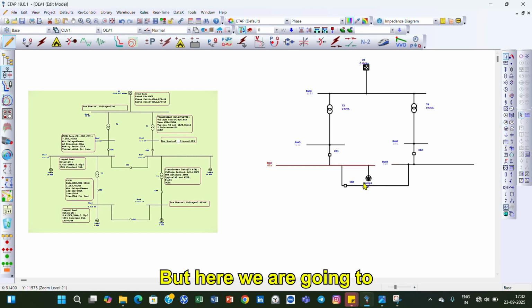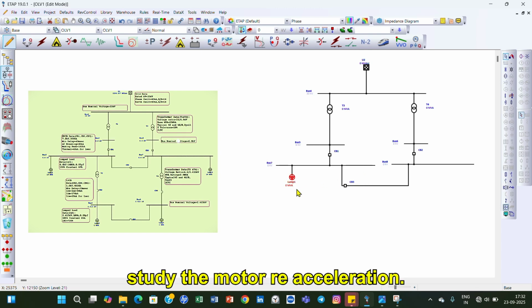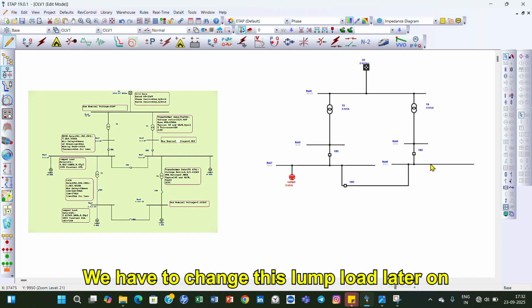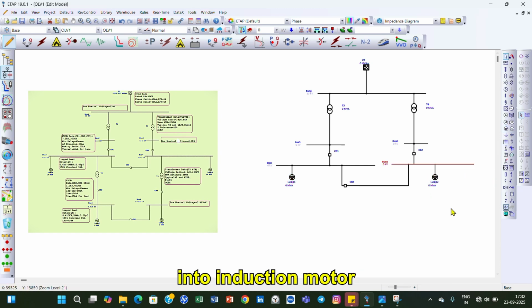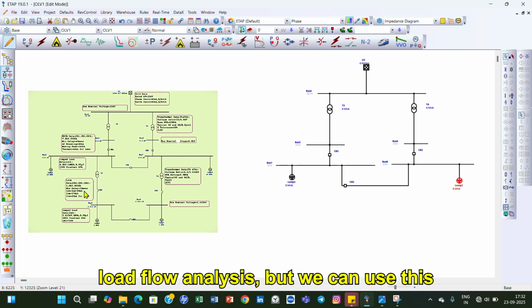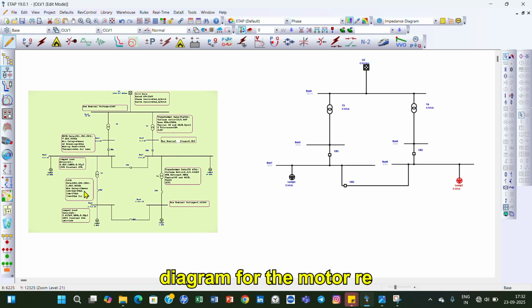But here we are going to study motor reacceleration. We have to change this lumped load later into an induction motor, because I think this diagram is for load flow analysis, but we can use this diagram for the motor reacceleration